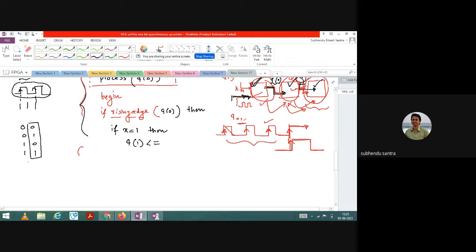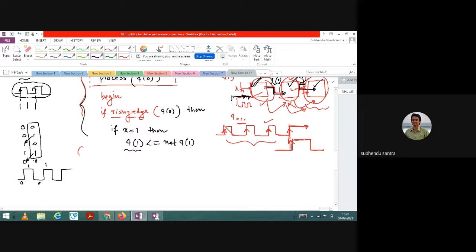So you tell me that whenever there is a change, that means a rising edge if you consider, here 0, then 1, then 0, then 1. Whenever there is a change or rising edge change, what is happening here? Then you see there is a change in the particular bit. Whenever there is a change, next bit will be 00. That means once again there is a change. So I can see directly that q of 1 is nothing but not of